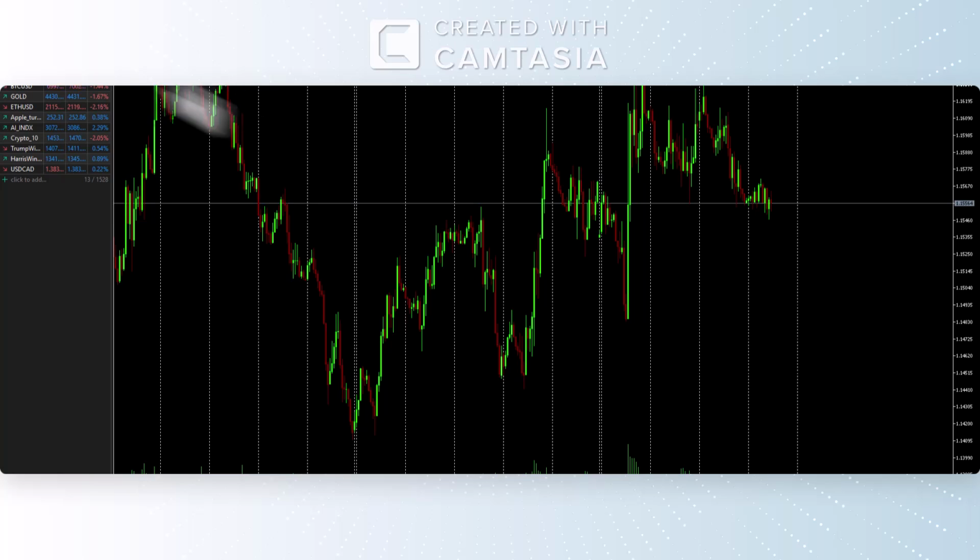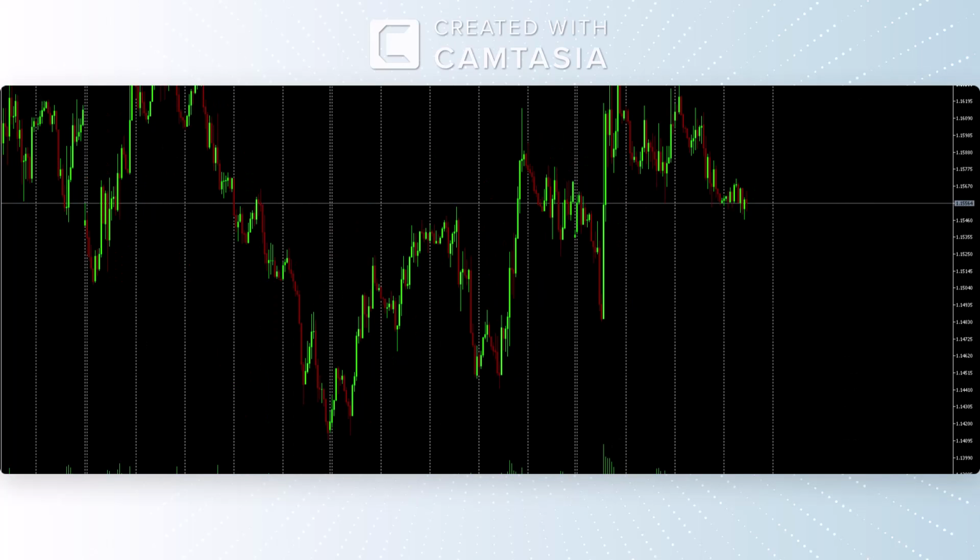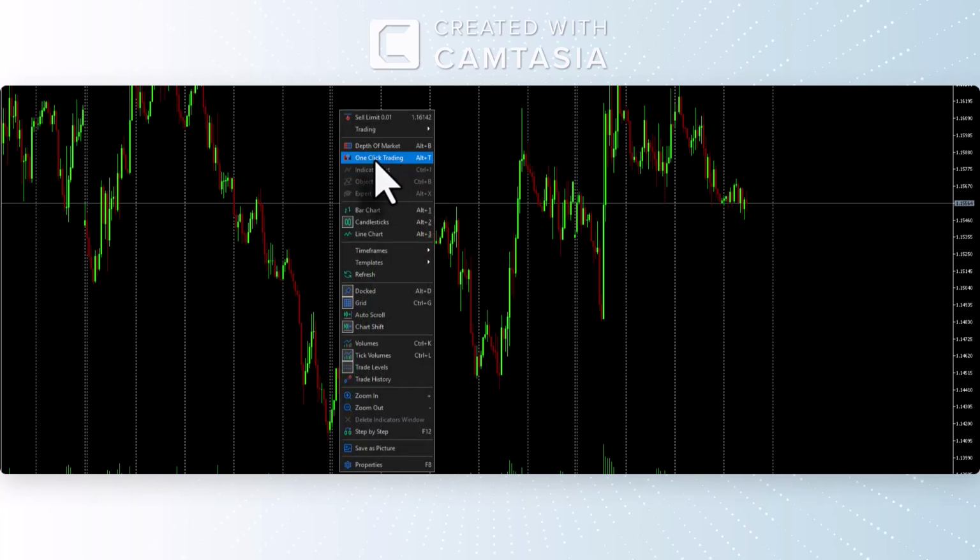So if you're going to concentrate only on one symbol, you can close it so that it's clean. This is what I like. This is one click. You can hide that one by going with this. But if you spot something that you want to trade, you can easily go to the left side and just click sell or buy. So that's how you put it there. Right click, this is one click trading.